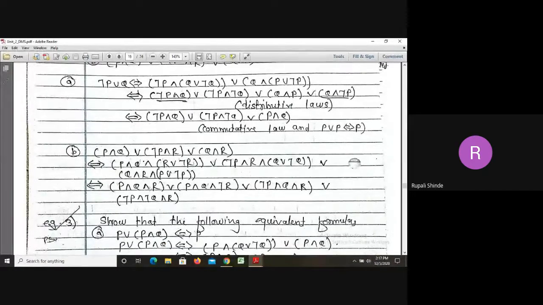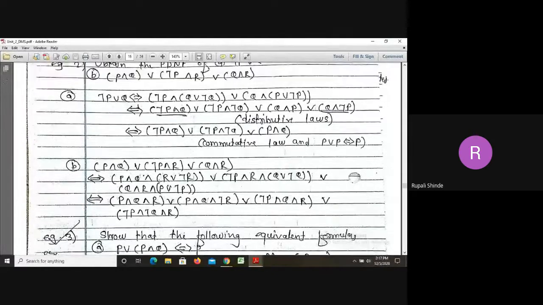So likewise, we can solve the examples. We can get PDNF without a truth table. So here we saw both methods. First, we can obtain PDNF by the truth table method, and second, without a truth table, by solving that example by adding the missing terms.